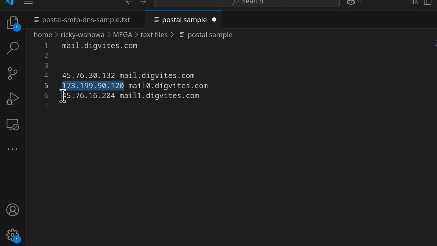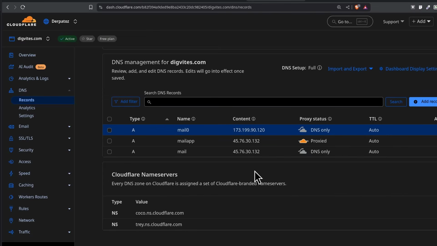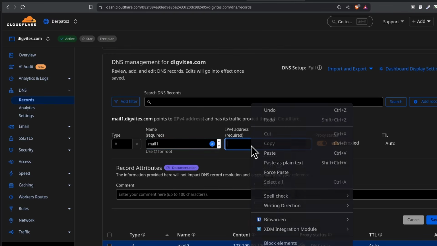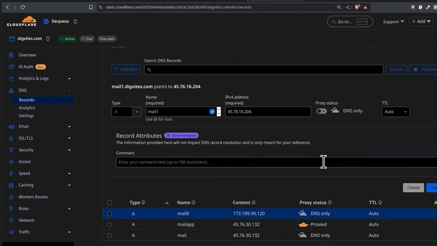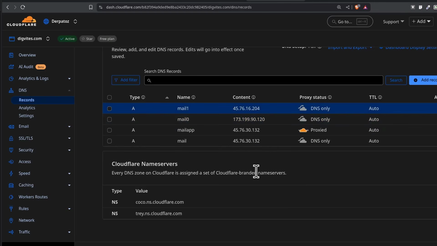Get the second IP, it will be mail 1, copy, add an A record for this, it will be mail 1, paste the IP, unproxy, and then save. Mail 0, mail 1. All right, so we are halfway there.